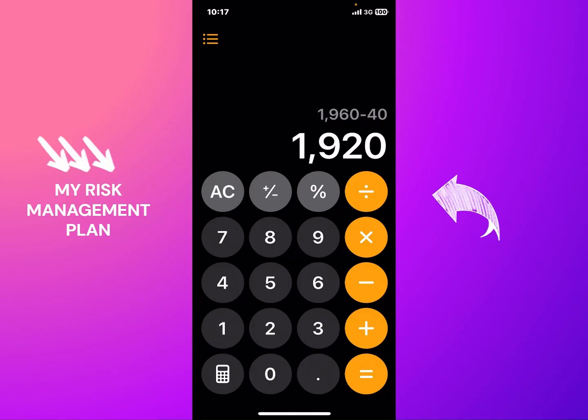So when this account gets below this percentage again and gets to 1920, which means when I lose another $40 without half risk, I'll cut my half risk in half again. So right now I'm risking $10 per trade. I'm going to cut the risk to half, which is $5. When I get to this 1920, I'll cut my risk in half again, meaning I'll be risking $2.5. And then I'll cut that risk in half to I think